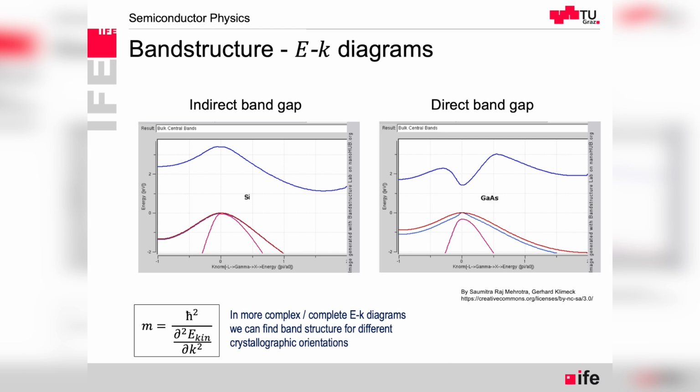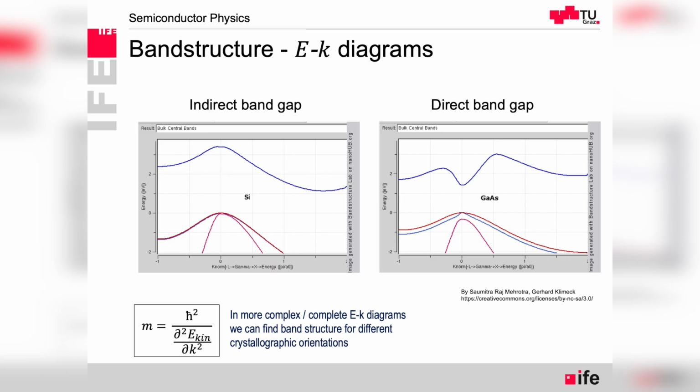So we think about the planes of the silicon, and the bottom red line. Let's look at gallium arsenide because it doesn't move. The bottom is the upper energy of the valence band, and the blue one is the bottom energy of the conduction band. At k equals 0, we have the top of the valence band and the bottom of the conduction band exactly overlapping. So they are, let's say, in the same position